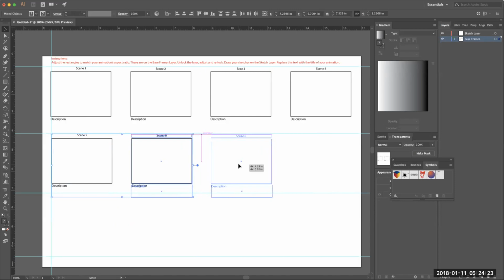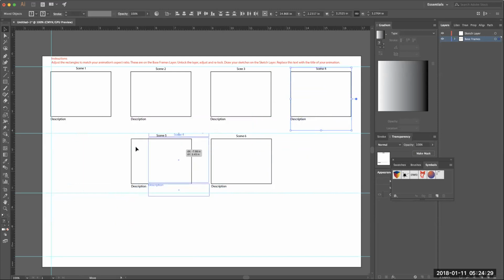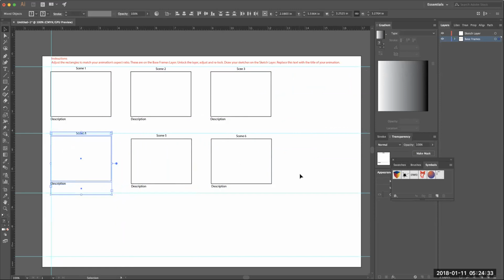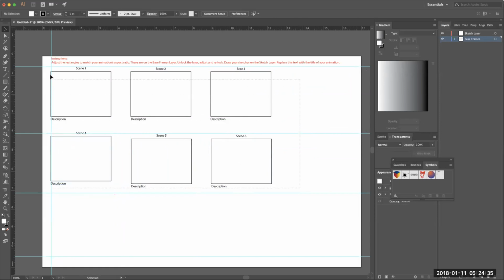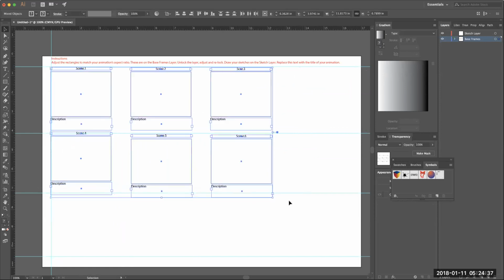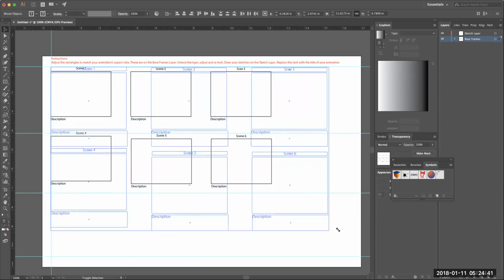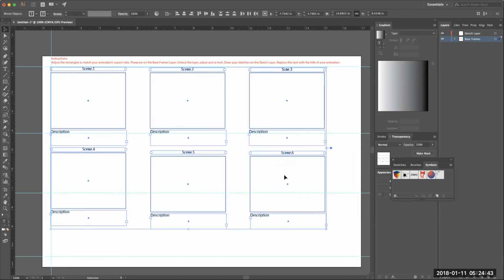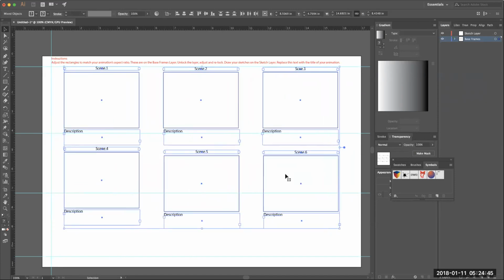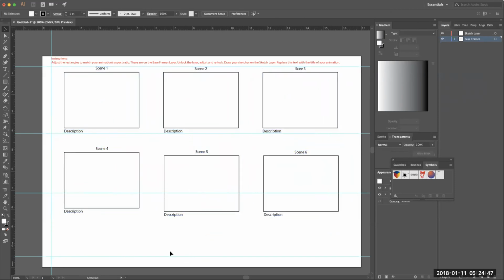and line them up here and take this one and I'm going to drag it down here. And then I'm going to select all of these. Hold my shift key down. Now let's scale them a little bit. I'm going to make them a little bigger. Since there's only 6, I want to make sure they look good on the artboard. This should look professional. Now you notice there's enough white space down here